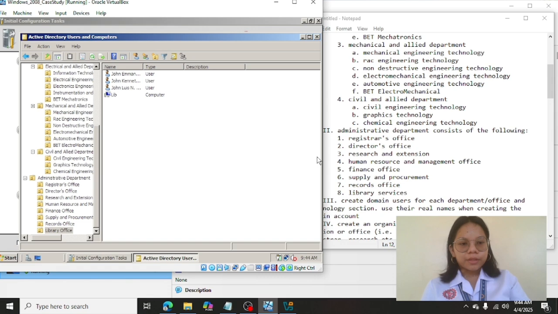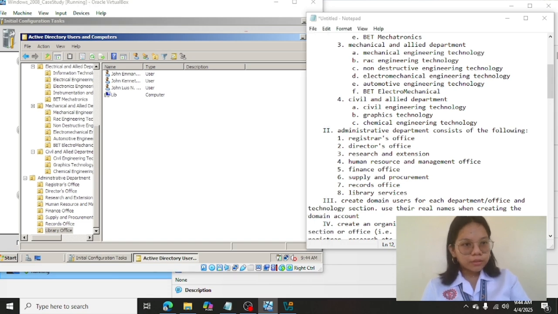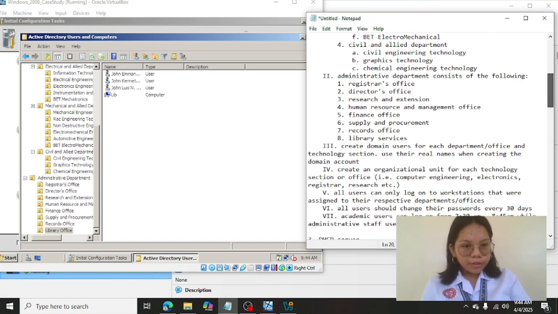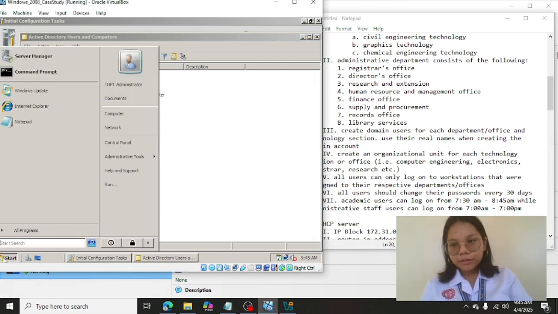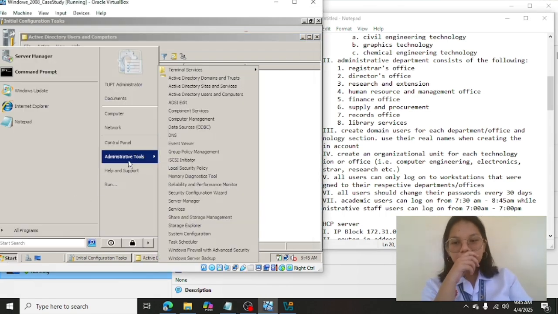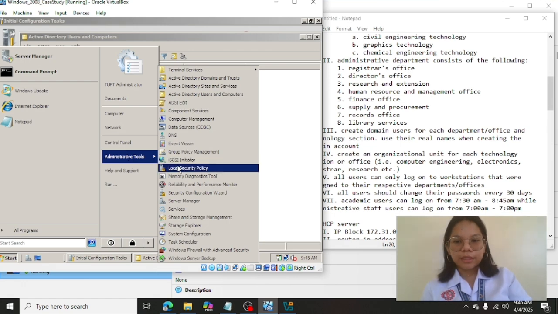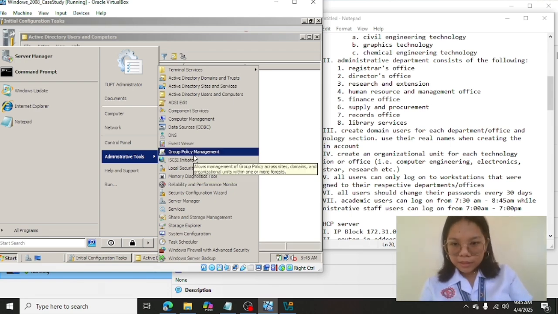After that, we'll now be doing this onward. We'll have all users change their passwords every 30 days. So for that, click Start, Administrative Tools, and then click on Group Policy Management.